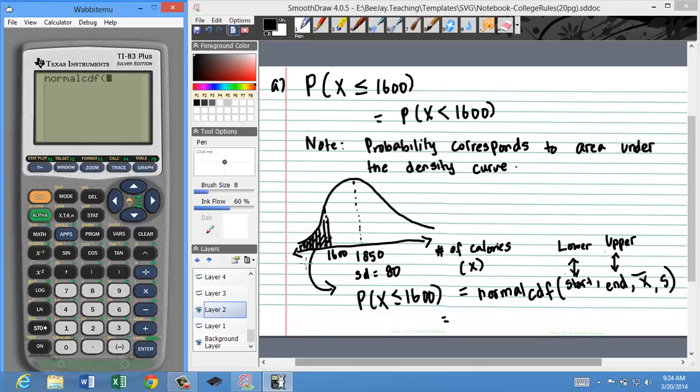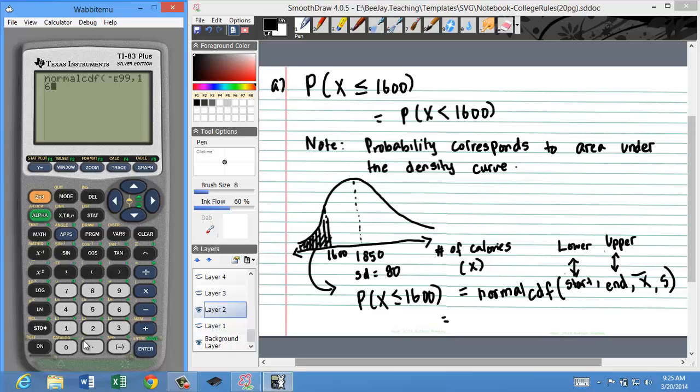If you look at this area, the area started at negative infinity and it goes all the way up to 1600 and it ends at 1600. So in order to represent negative infinity on a calculator, I press the negative sign followed by E99. To get a funky E, you press second comma. That brings up E, and you have negative E99, and that would represent negative infinity. So we started at negative infinity and the area ended at